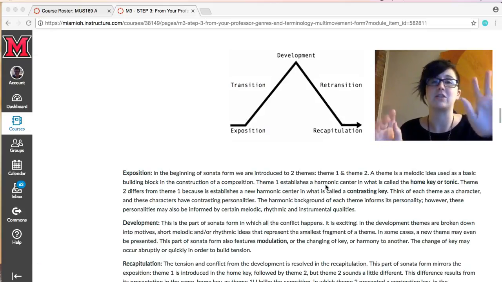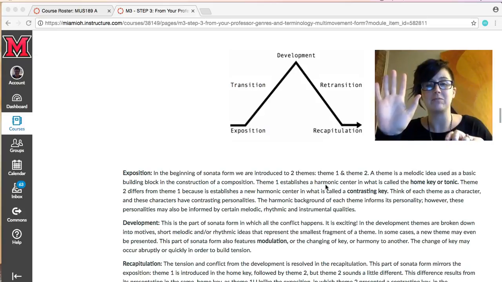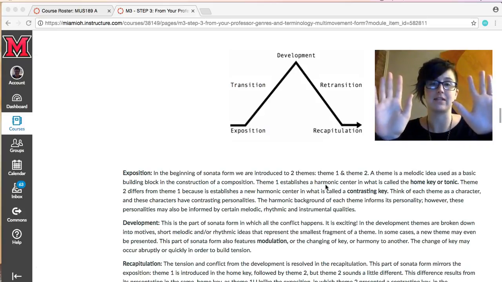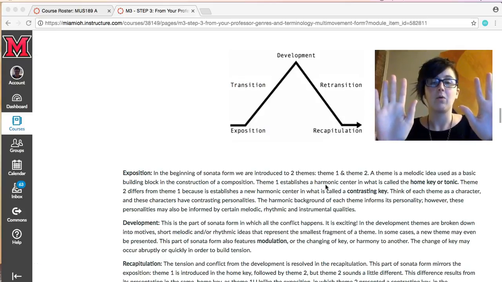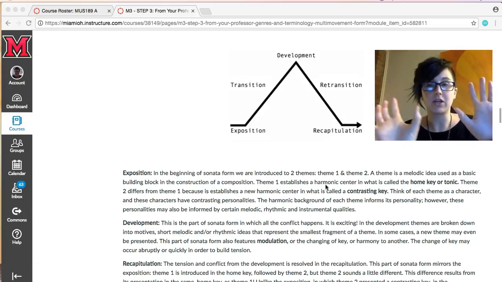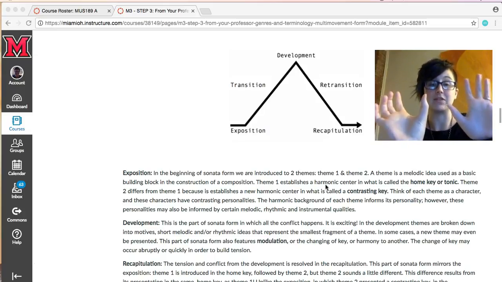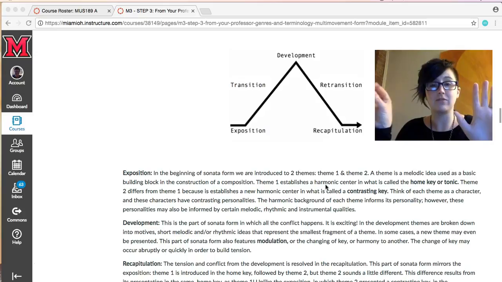Again, just in case you were forgetting, more exposition. And hey, this is theme 2 again. It's exactly the same, an exact repeat. Musicians would just see a repeat sign in the music. What happens after our introduction of theme 2, within the exposition a second time, we have a different transition that